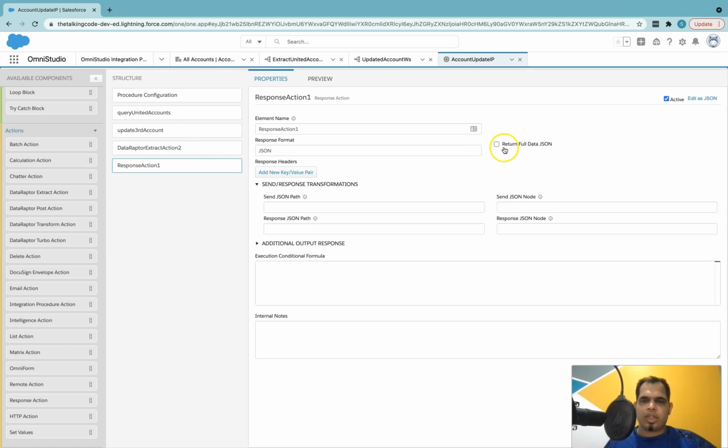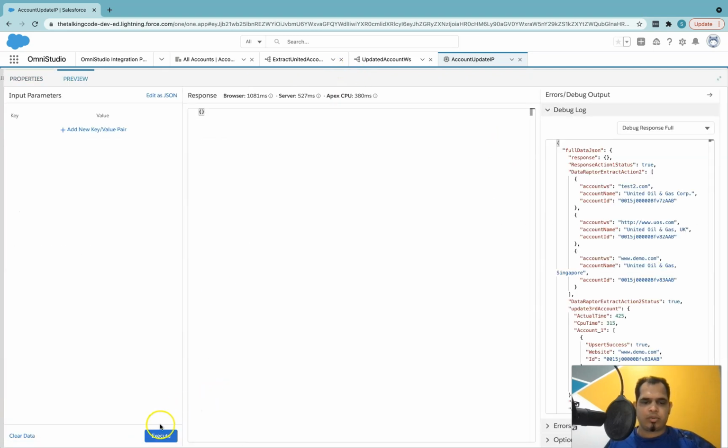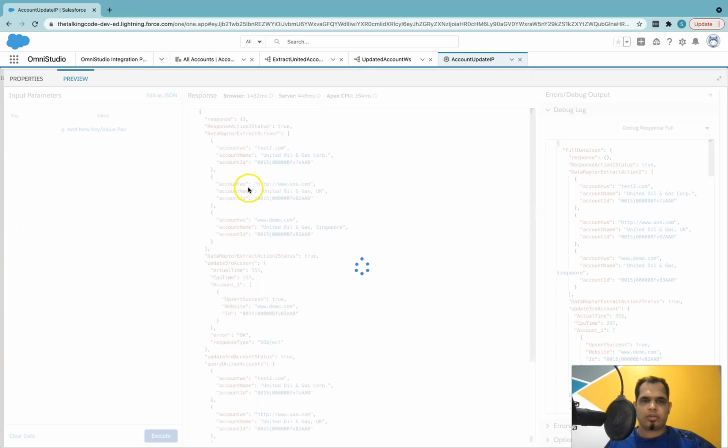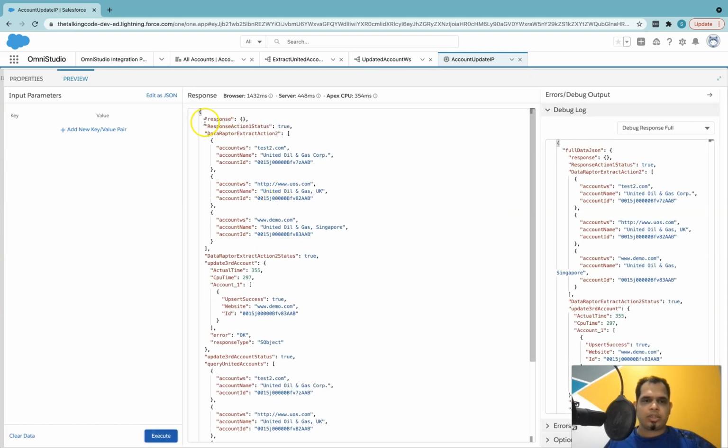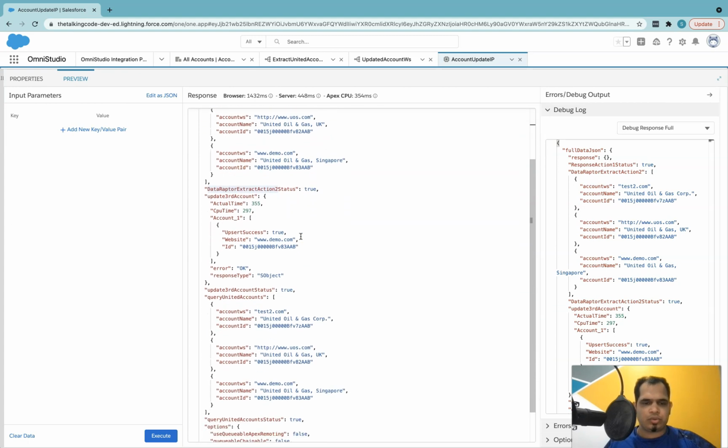There is a checkbox called return full data JSON. If we select this, then it is going to return everything whatever we do have here. So if we execute this, you can see it returned the response of this data raptor extract action 2.